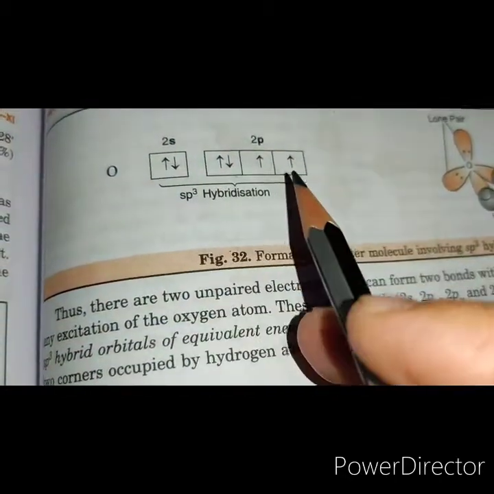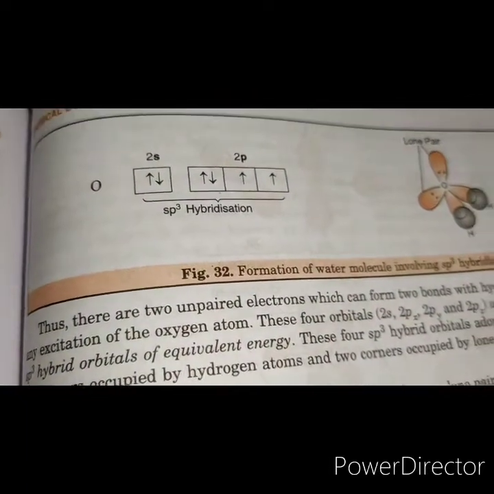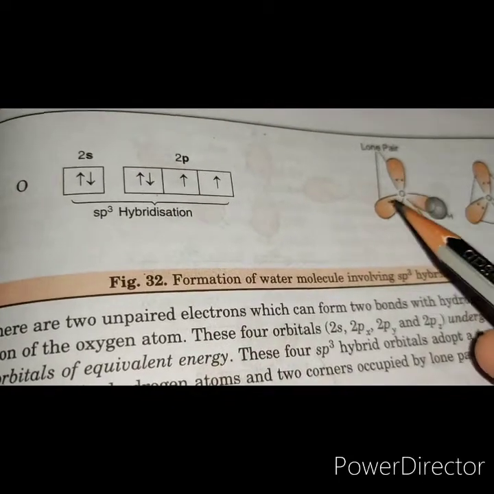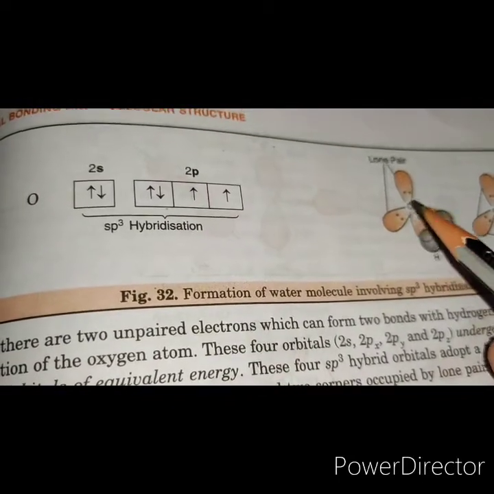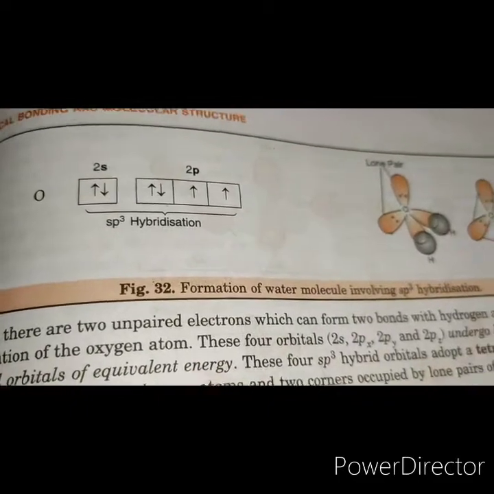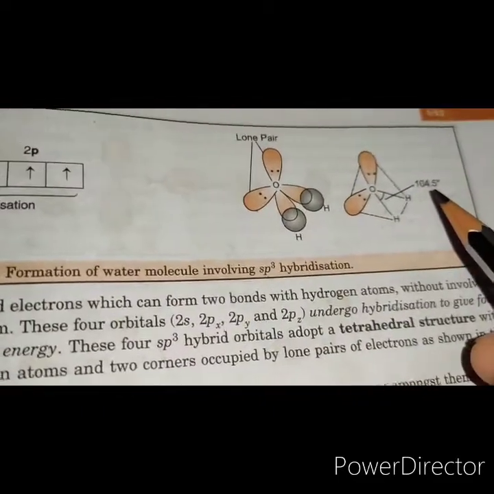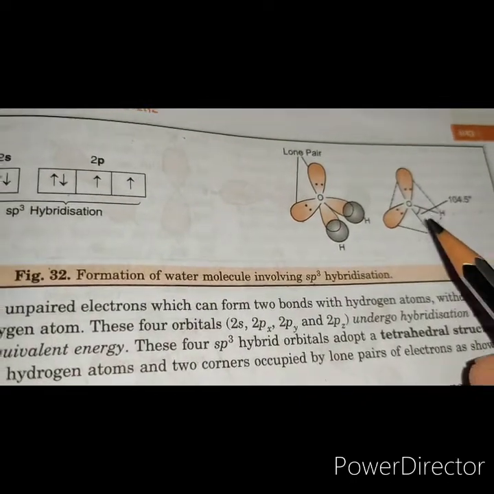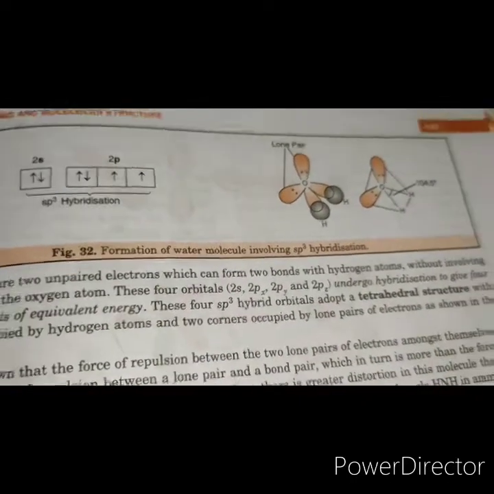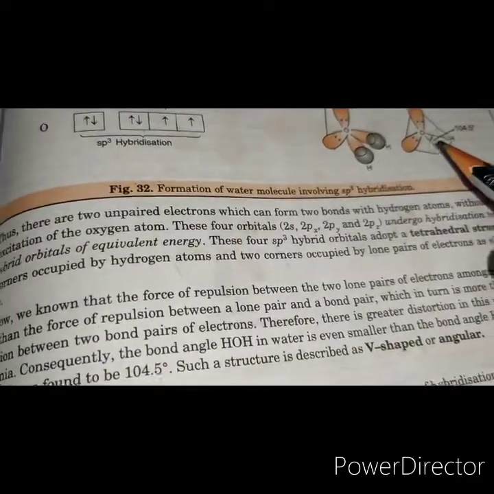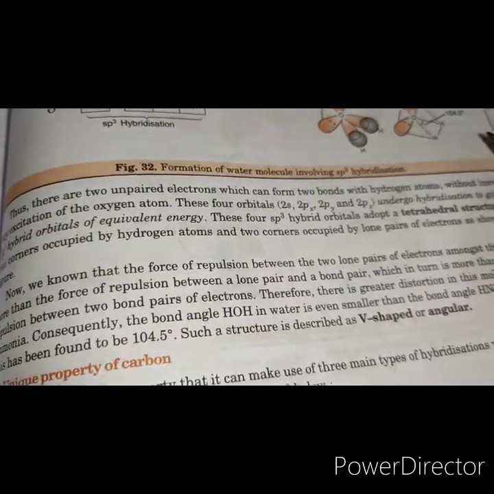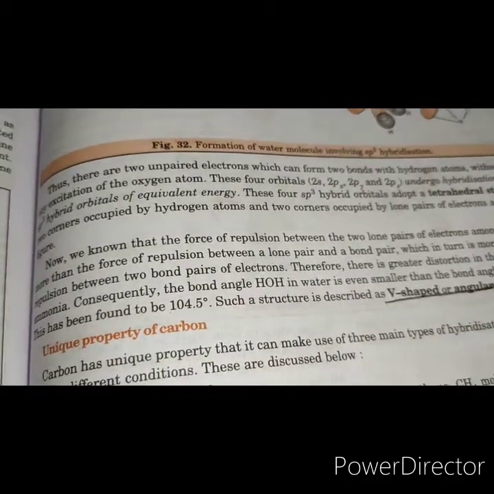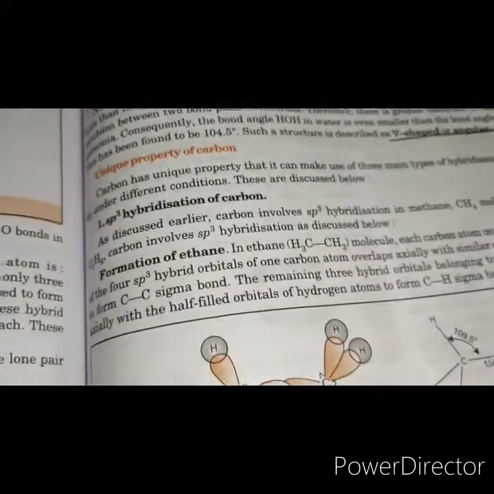These 4 orbitals undergo mixing to form 4 new hybrid orbitals, in which 2 of these hybrid orbitals will be containing the lone pairs. The presence of these lone pairs shortens the angle further to 104.5 degrees, because lone pair-bond pair repulsions are greater than bond pair-bond pair repulsions, right? So the geometry should have been tetrahedral, but because of the presence of these lone pairs, the water molecule has a V shape or angular shape, or we can also call it a bent shape.